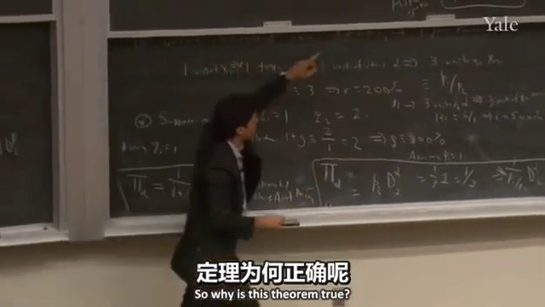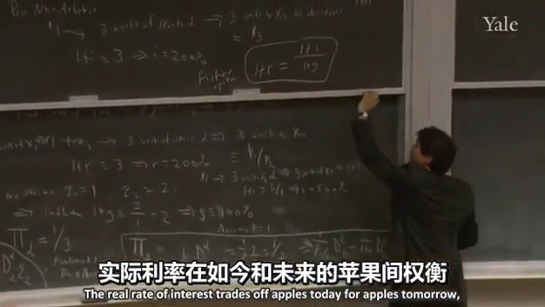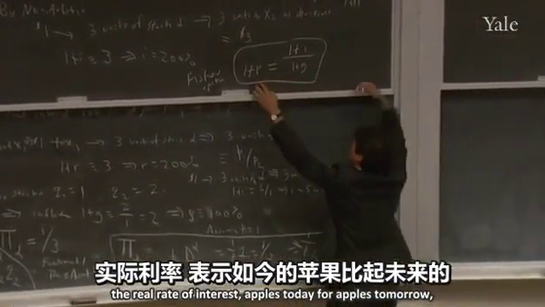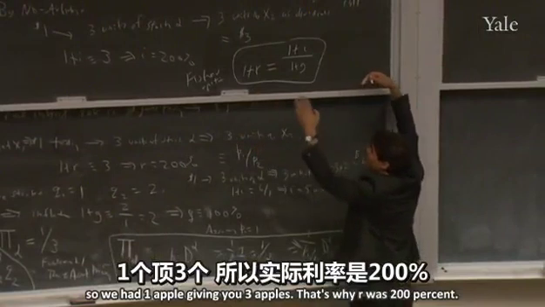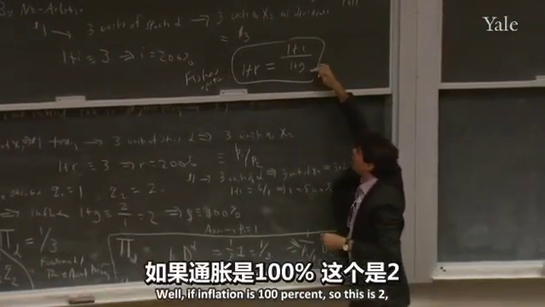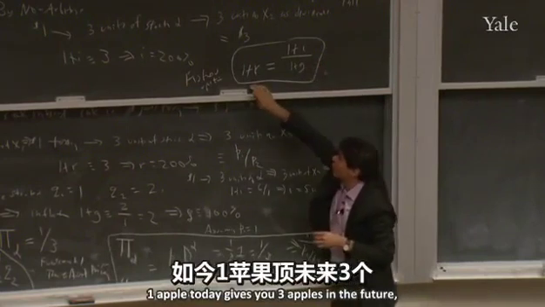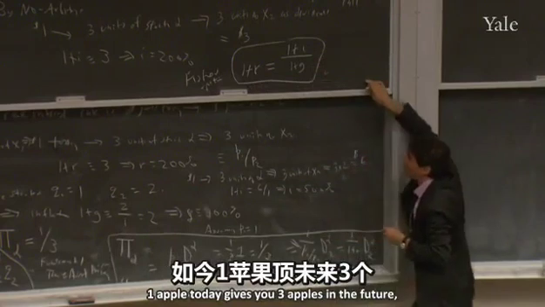Okay, so why is this theorem true? The real rate of interest trades off apples today for apples tomorrow. So we had 1 apple giving you 3 apples. That's why R was 200%. Well, if inflation is 100%, so this is 2, okay, 1 apple today gives you 3 apples in the future,